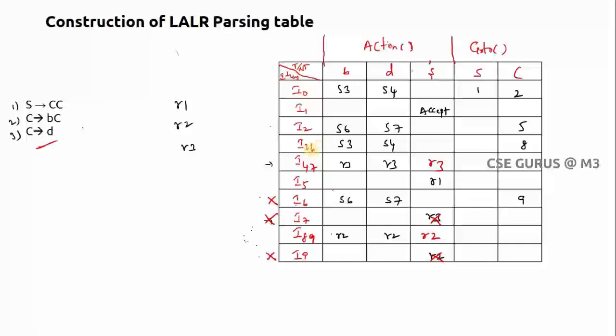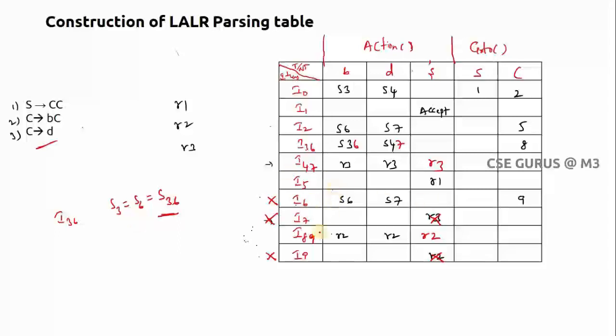And one more thing, I36. S3, S4 is here, and here also S6, S7 is there. Remember that 3 and 6 are both the same. So if I say I36, that means S3 and S6 both will become S36. This is also a union, no? So this will become S36 and this will become S47. I4, I7 are also the same, no? So like this we need to make the rearrangement.